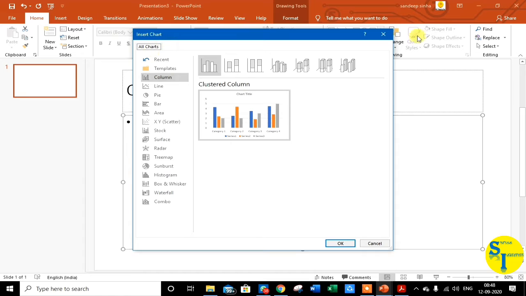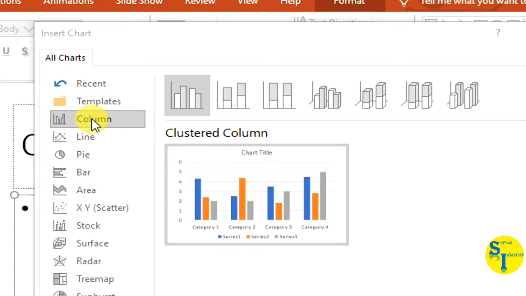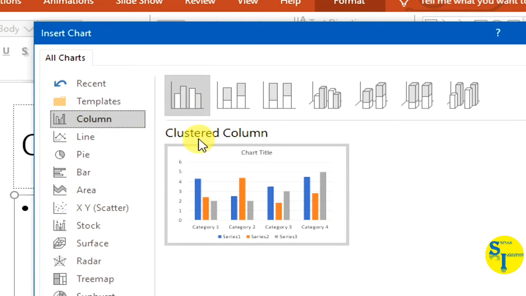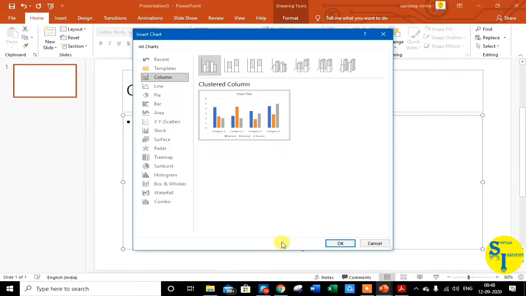Student, in the Insert Chart dialog box, select the chart type and chart subtype. There are many chart subtypes, you can see. You can select any. I choose the column type and this subtype. And student, just click on the OK button.